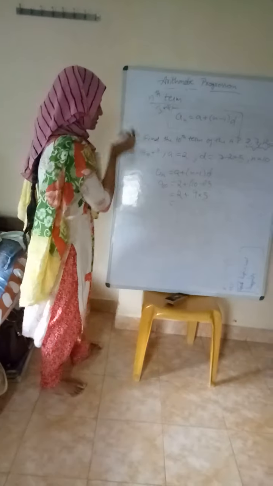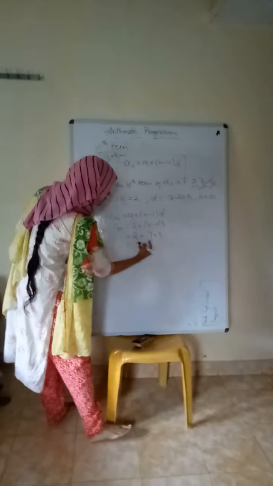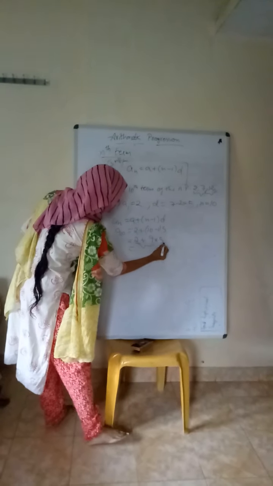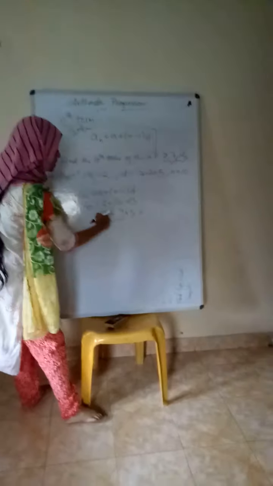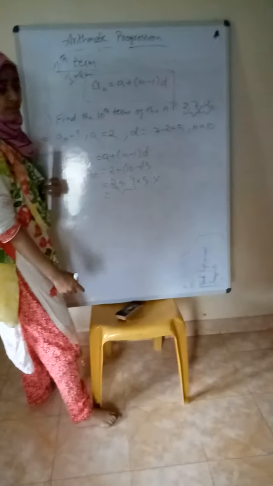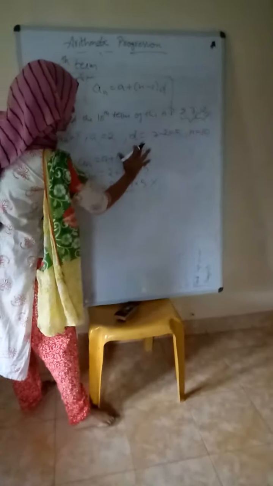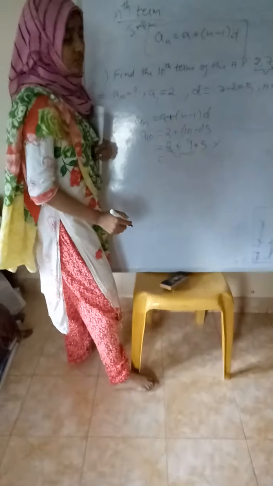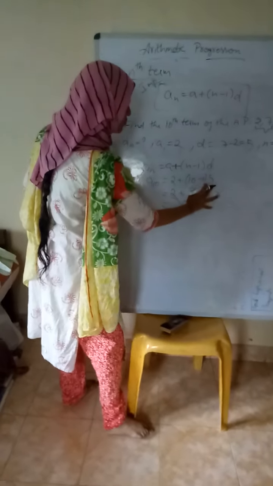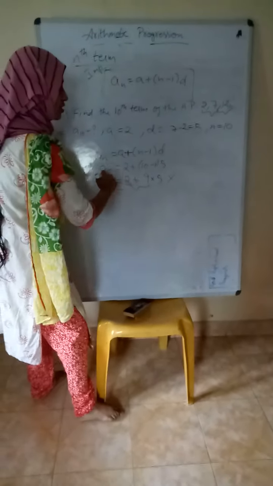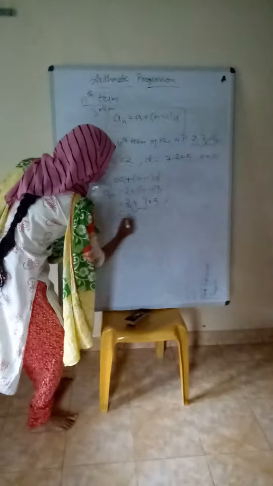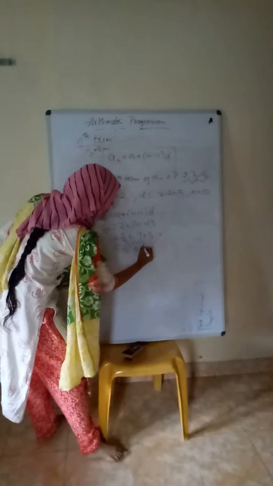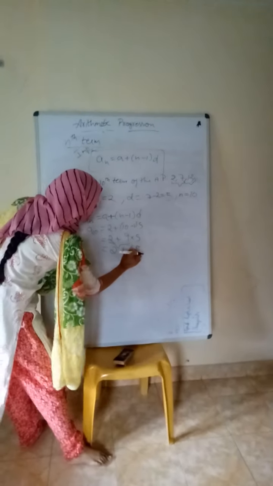Next, some students will make mistake here, or they will first add these two, then they will multiply. That is a wrong method. You should not first add and then multiply. That is wrong because these two are different terms. See, two terms are separated by one single addition symbol. So this one term and this one term. So first you have to multiply, then you have to add. So 2 you write plus here, 5 9s are 45. Okay. First you have to multiply, then add.